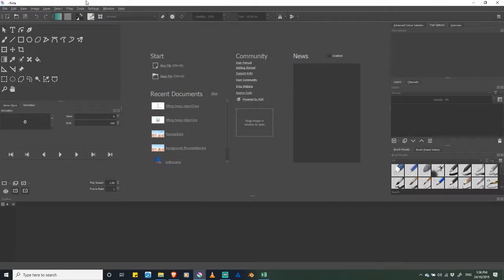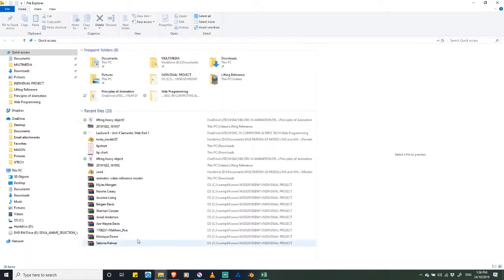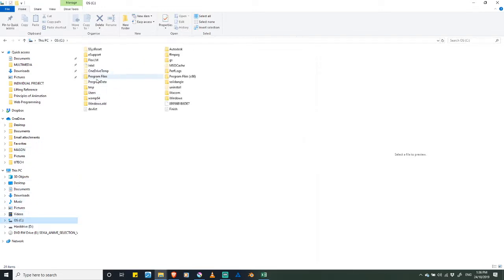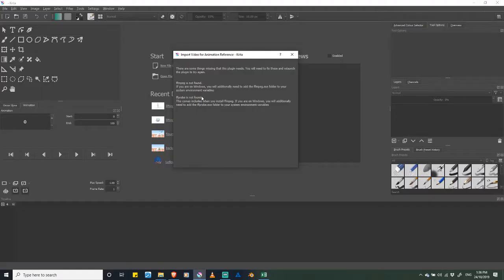Press OK. Now, if you try to use it the first time, what you'll get is an error message that pops up and says that you need some plugins. You're going to need to make sure that you have FFmpeg as well as FProbe. I have both of these on my computer, but there is one issue. It's not in my path for the system variables, and you'll actually see that message also in Krita. It says that if you are on Windows, you'll additionally need to add the FFmpeg exe folder to your system environment